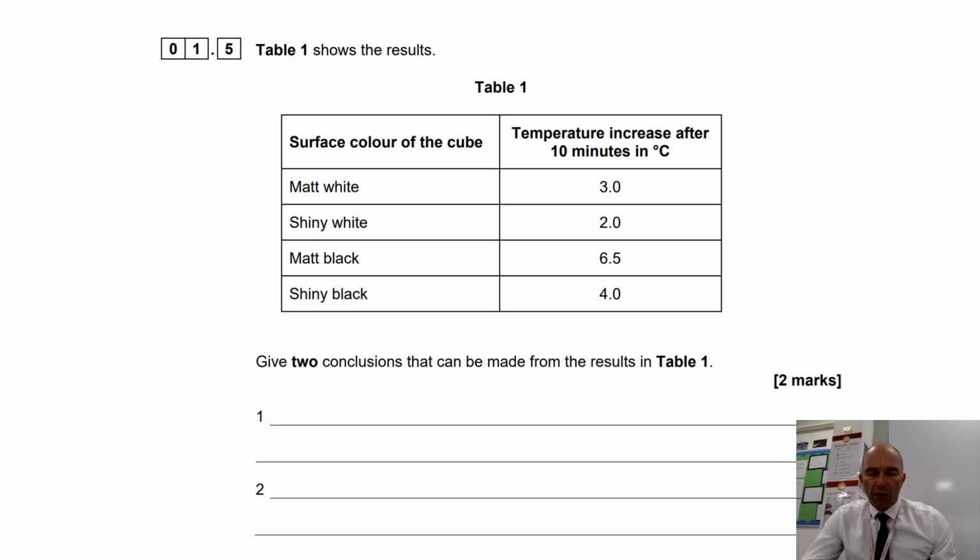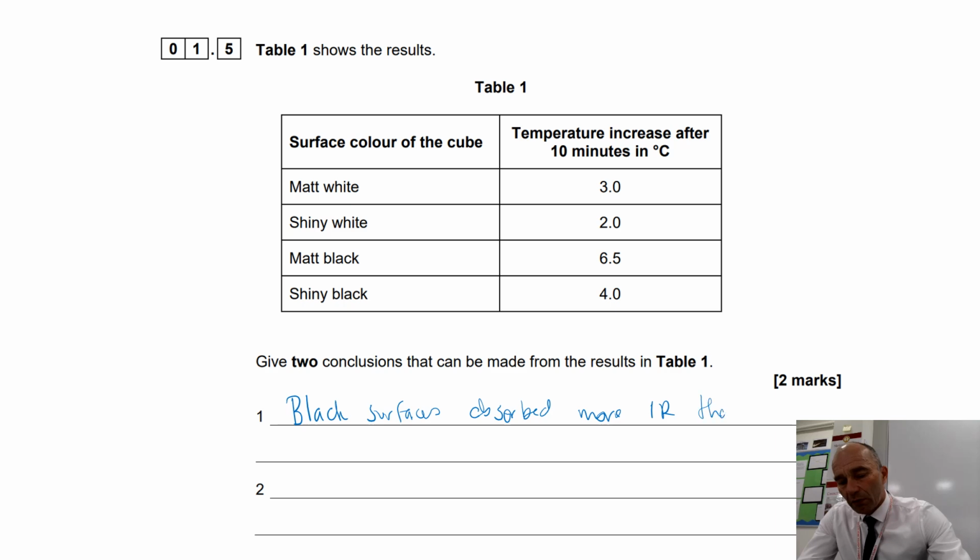Now, question 1.5, we've got our table of results. So we've got the surface colour of each of the cubes, and then you've got the temperature increase after 10 minutes in degrees centigrade. We need to give 2 conclusions that can be made from the table. Now, from this, you can see quite clearly that in both cases, black surfaces absorb more infrared than white surfaces. So I'd go with that first of all. So black surfaces absorb more infrared than white